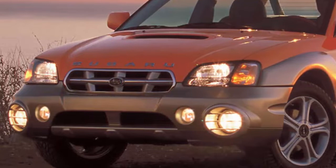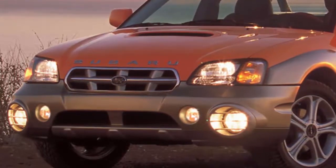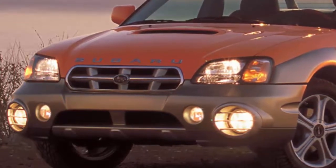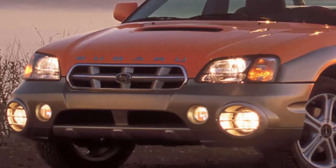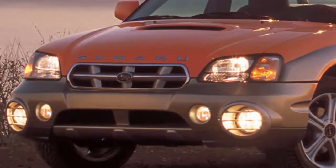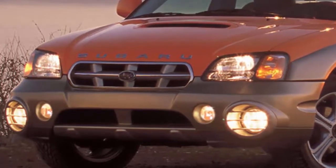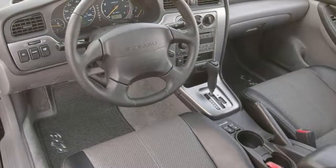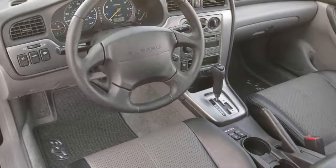Why you should buy one? If you've never seen a Subaru Baja before, you're probably wondering what the hell it is. The Baja was a small, unibody vehicle built with the bed of a pickup truck. It was sold in the US for just 4 model years, 2003 to 2006, before it was discontinued due to slow sales. All Baja models were built at Subaru's US plant in Lafayette, Indiana, and shared a platform and bodywork